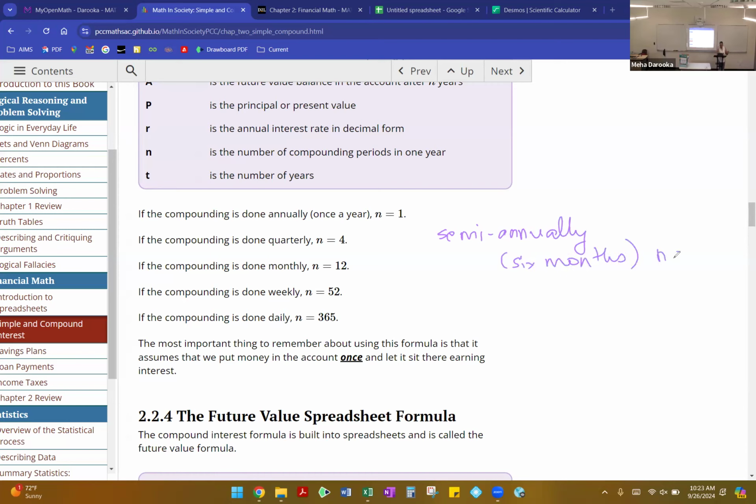So in this case, your N would be 2 because we're calculating interest twice a year. So it's annually, semi-annually, quarterly, monthly, weekly, daily. I think those would be the most common compounding periods you would see, okay? So when we are talking about continuous compounding,